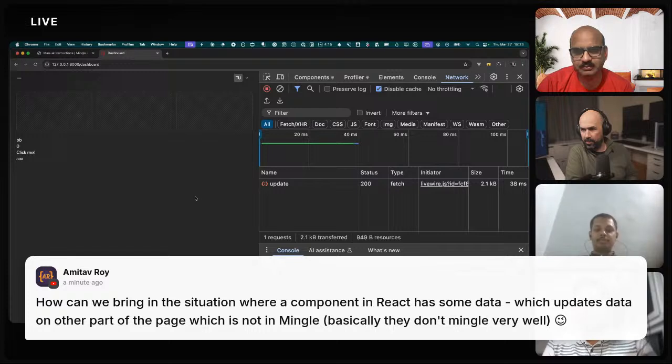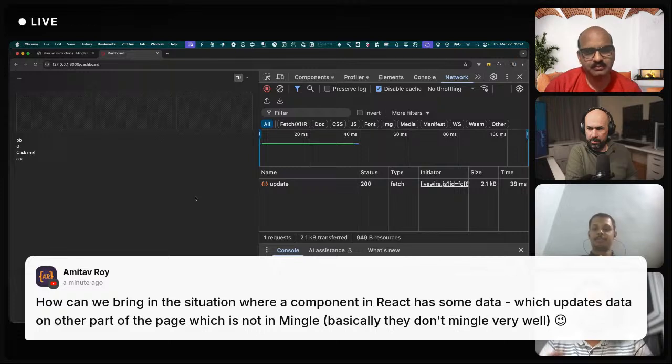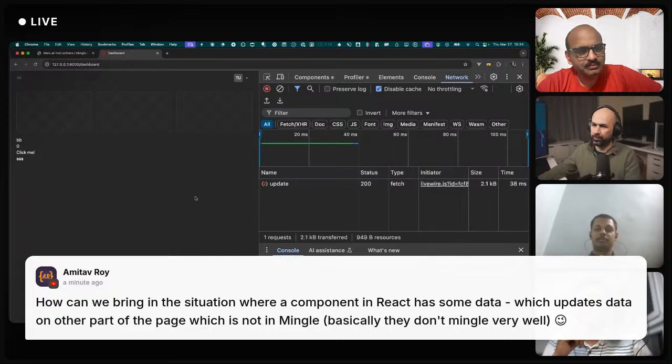If I have understood correctly, there is a native Livewire component and a MingleJS Livewire component, so is it possible to share that data between these two components which are not mingled? That is what I'm assuming he's talking about. Yes, it is. If my understanding is correct, we can use events, trigger the events. This is one approach.